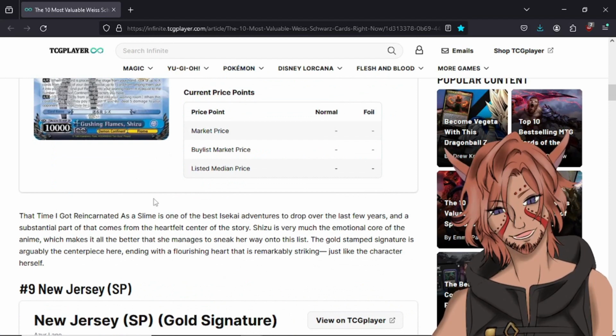Slime Isekai is one of the best isekai adventures to drop over the last few years, and a substantial part of that comes from the heartfelt center of the story. Even this, it feels like they actually watch anime too, so that's awesome. Shizu is very much the emotional core of the anime, which makes it all the better that she manages to sneak her way onto this list. The gold stamped signature is arguably the centerpiece here, ending with a flourishing heart that is remarkably striking, just like